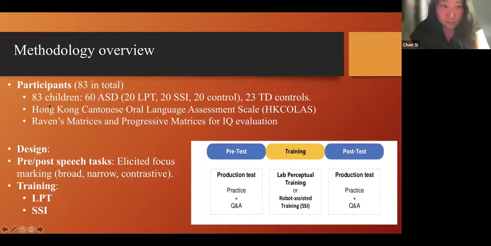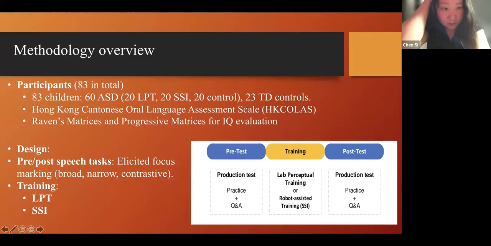In total, we have collected data from 83 children, including 60 autistic children and also 23 typically developing controls. And of course, we have also done all the standardized tests, like the Hong Kong COLAS and the IQ test.